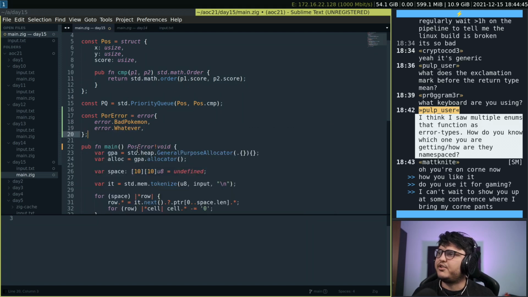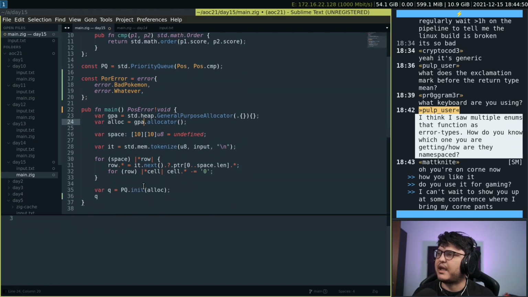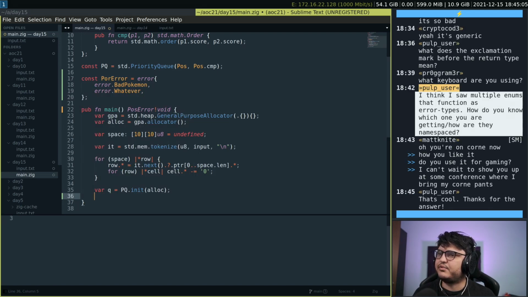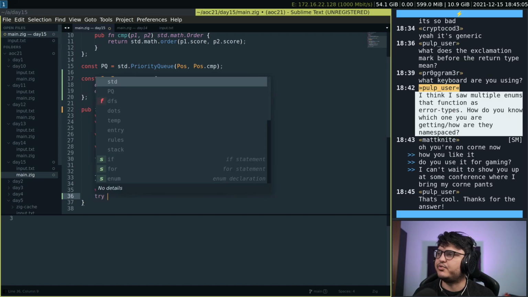At that point, you're stating more clearly that these are the possible errors, and it's nice because if you try to return an error, like if you use the keyword try to do something that is not in this error set, Zig will complain. So I think I can actually show it. Because I think that adding stuff to the queue is a try. So you need to do try queue dot